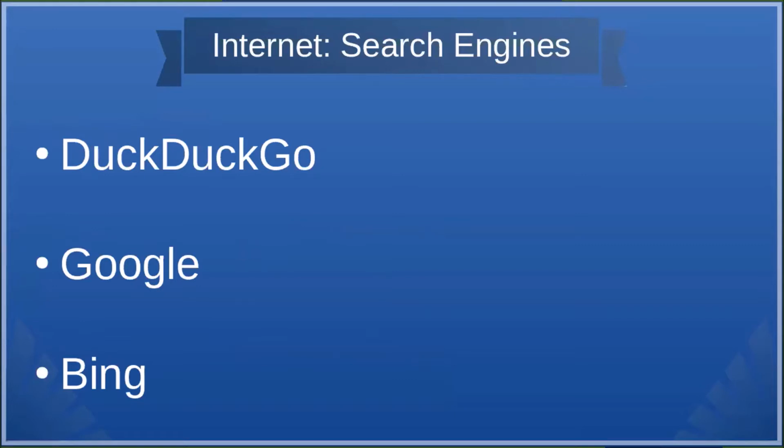And that is something like DuckDuckGo, which is open source's most supported one for its privacy, or Google or Bing. So if you're used to using Google, you can use it on any browser. And so when you switch to Linux, you're still doing the same search procedures you did before. So again, absolutely zero